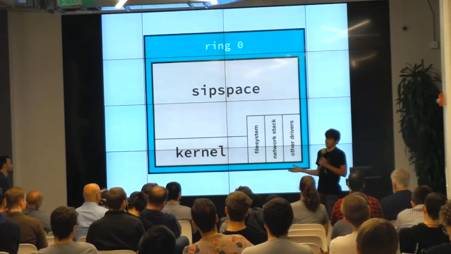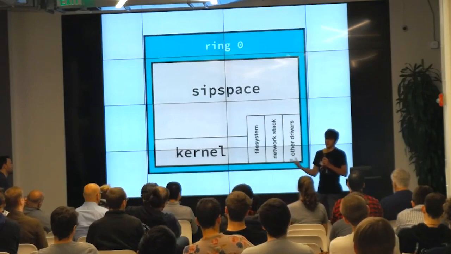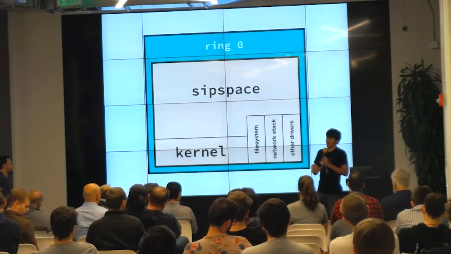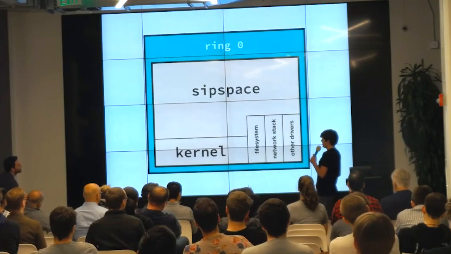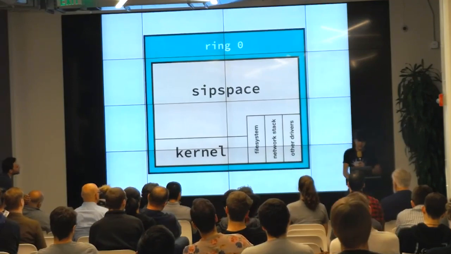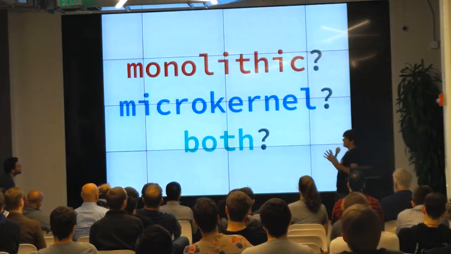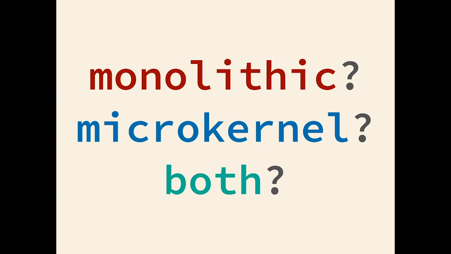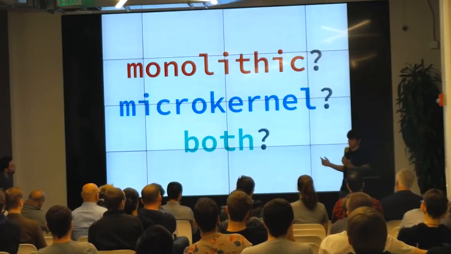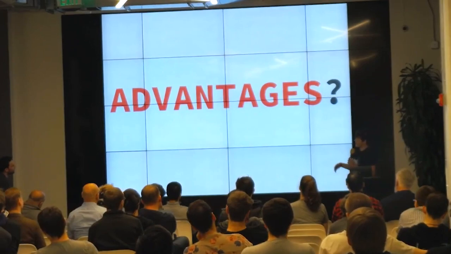Pretty much no downsides here, except you have to write your whole operating system and all your programs in something like C#. Not a bad thing. Anyway, is it monolithic? Is it microkernel? I'd say it's microkernel, but it has things from both. The drivers run in the kernel, that's monolithic, sort of. It's a microkernel because the drivers are just processes. I don't know. It's both. It has advantages as well.